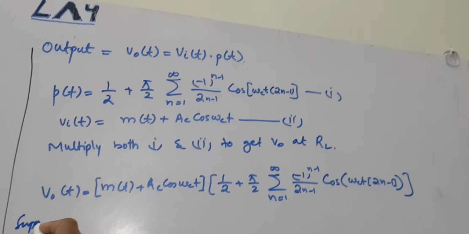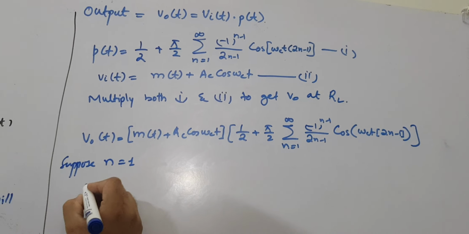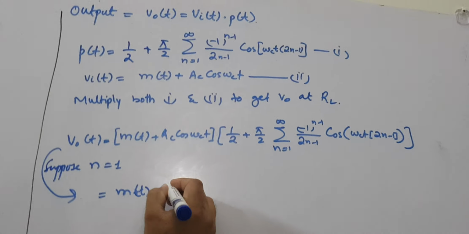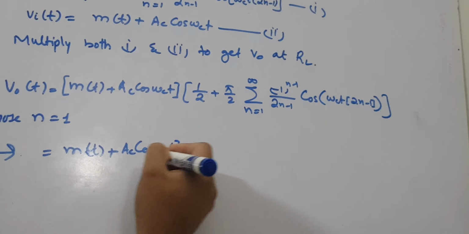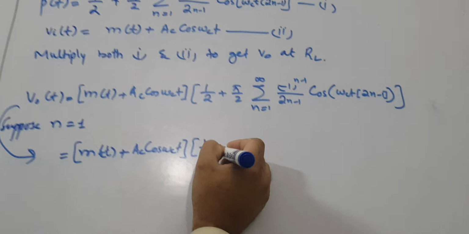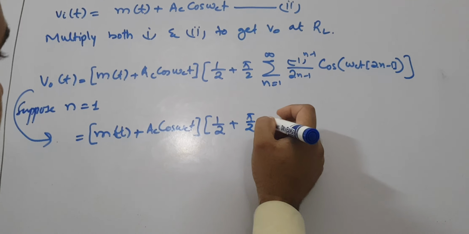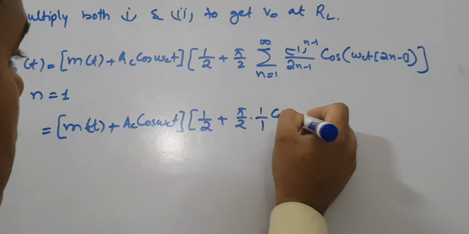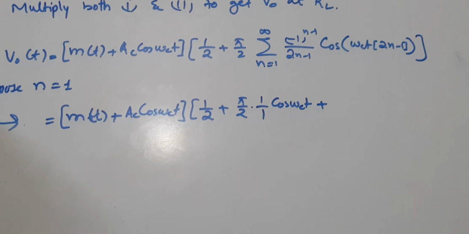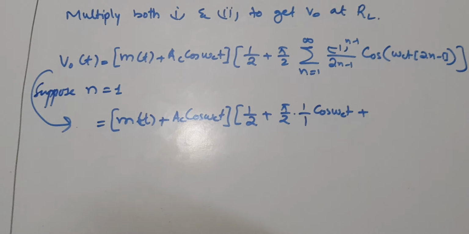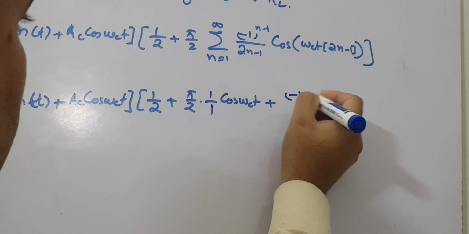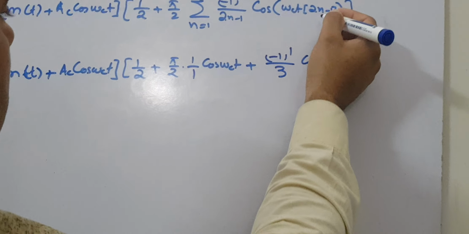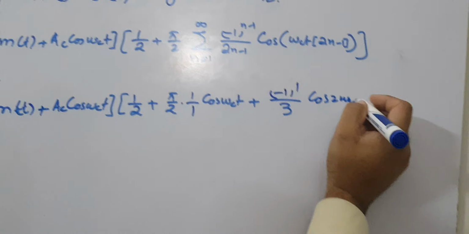Suppose you choose n equals 1, so this equation will be equal to [m(t) + A_c cos ω_c t], and then 1/2 + (π/2) into 1/1 cos ω_c t, and then plus, if you choose n equals 1, then (-1)^1 divided by 3,